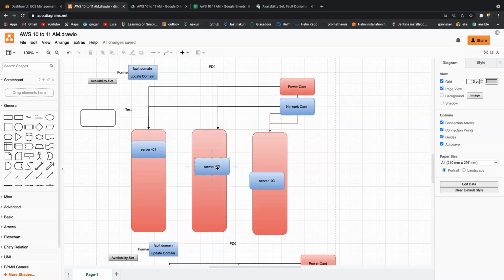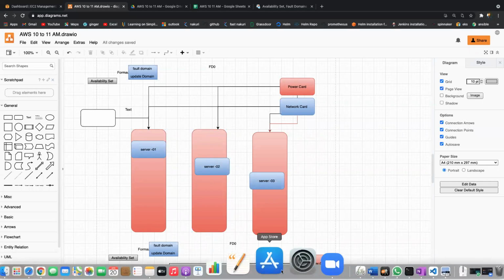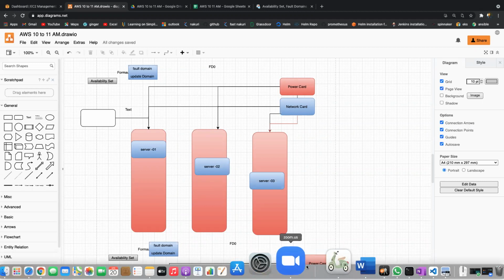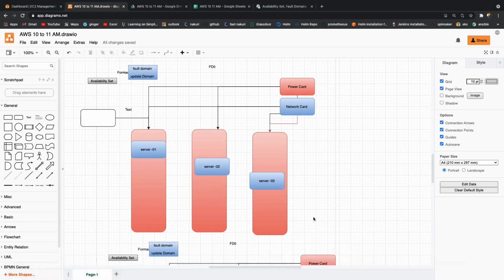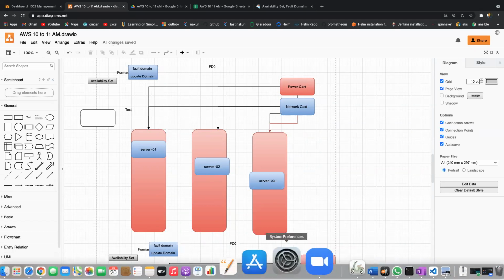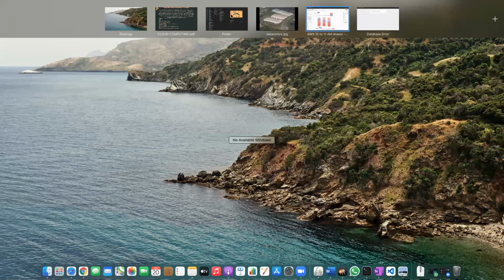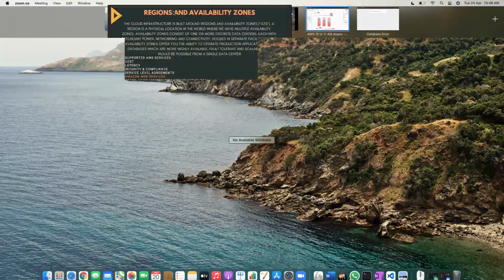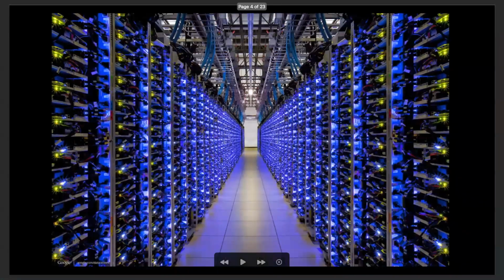Karthik, I am unable to understand the 42 U you mentioned. What is meant by that 42 U? Okay, these are the 40 U racks.